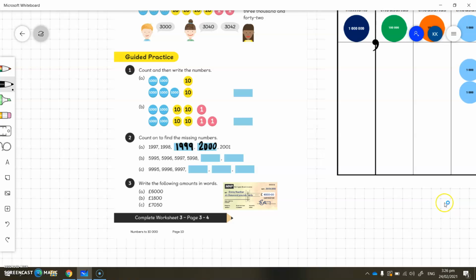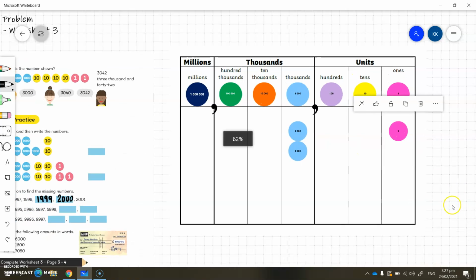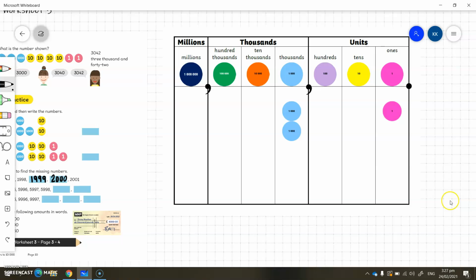Does that make sense? Let's go back to our place value chart. If I counted on and added another 1, would that equal 2,001? Let's check. I have 2 thousands, 0 hundreds, 0 tens,